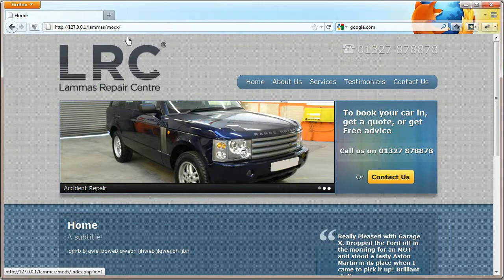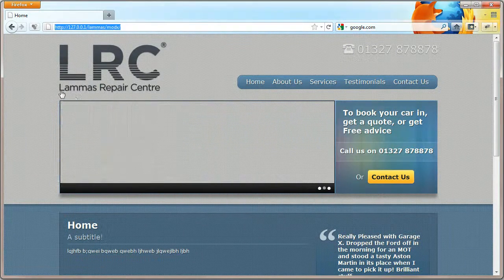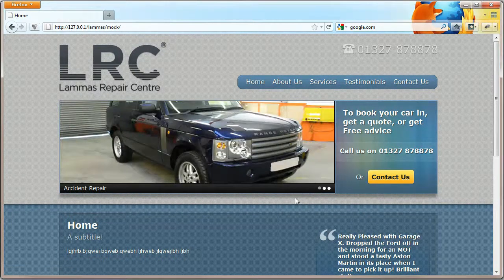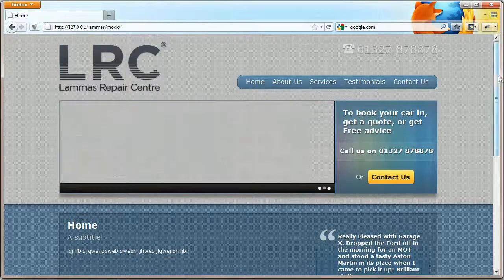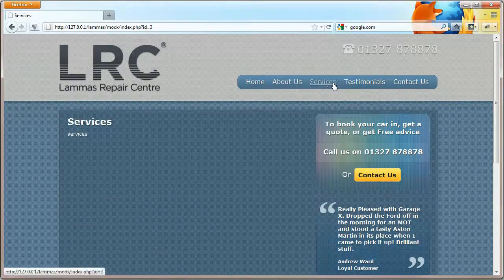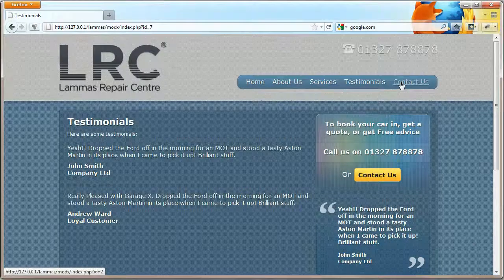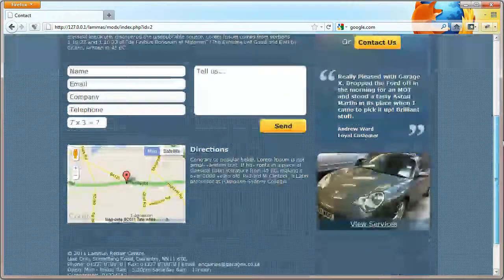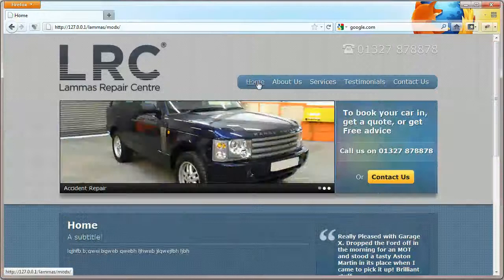Now at the moment this is local, which is why the URL bar is funny and why the images on this header rotator aren't showing up properly. But once this is moved to a server and you'll be able to access it via your web address, this is what it will look like. So you've got various pages as such, and you have the ability to log in and change all of this